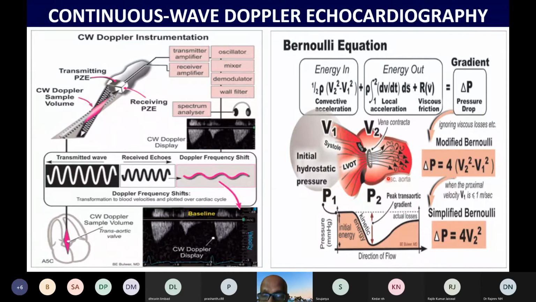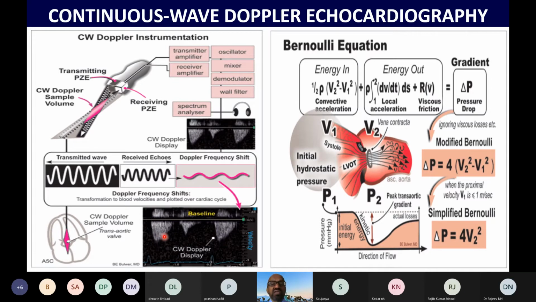This is especially true in an aortic root which is narrow, less than 2 centimeters in diameter. This occurs. If the aortic root is wide, this is not a big problem. But as I said, the initial first reason for increased pressure gradient during echocardiography will still be present there. This is about continuous wave Doppler.